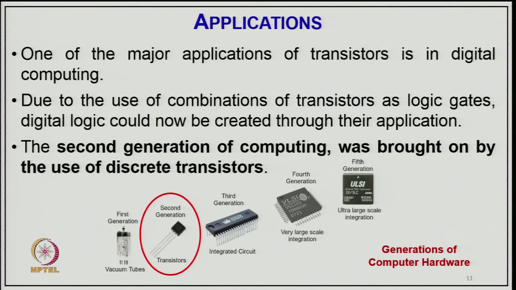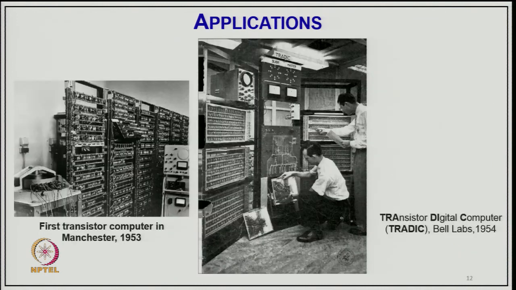And this leads certainly to the generation of computer hardware also based on the transistor. That is one offshoot application of the semiconductor transistor, which we are using for many applications, especially the computer industries, which are revolutionized by this transistor in different forms. This again was the history based on the transistor: the first transistor computer in Manchester in 1953,